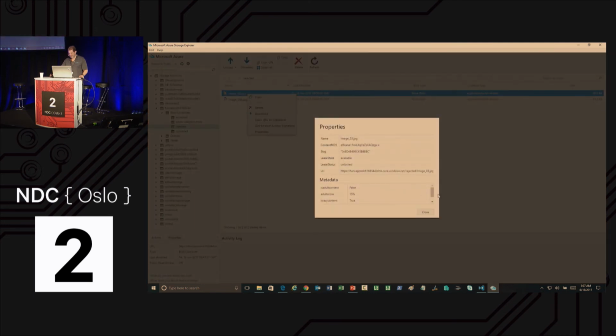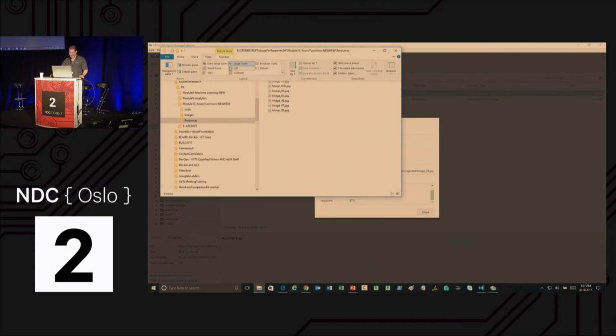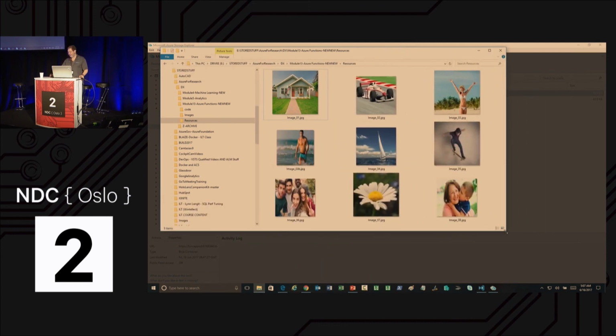Oh, there it is. Okay. Is it adult? No. She scored slightly higher. Instead of 2%, it's 15%. Is it racy? 87%. So I want you to look at these pictures now, and I want you to ask yourself, just for fun, what's that computer vision machine learning algorithm doing?